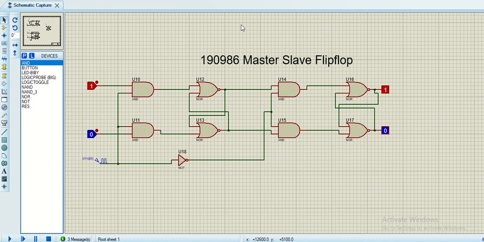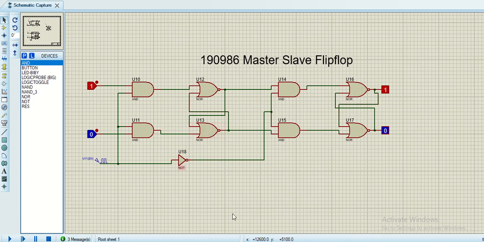So the next flip-flop is the master slave flip-flop. So here it is basically a combination of two flip-flops, but the clock signal given to the first input is basically inverted and then given to the next input. So these are basically SR flip-flops. This is the set, this is the reset input, this is the set, this is the reset input. So here you can see the input that is here comes over here, and at the next clock edge it goes to that output.